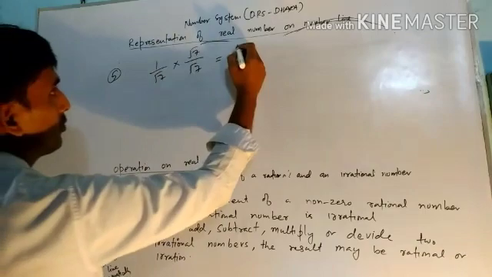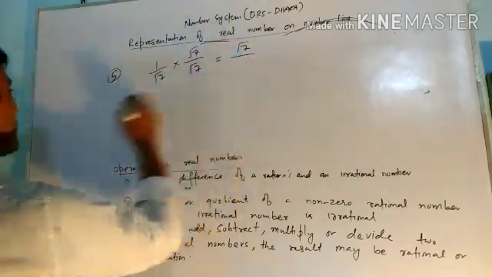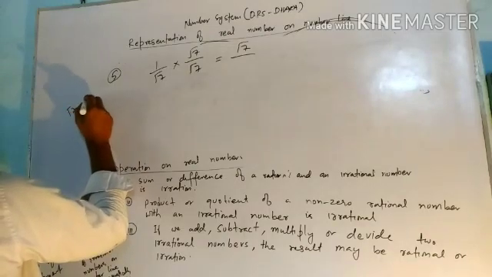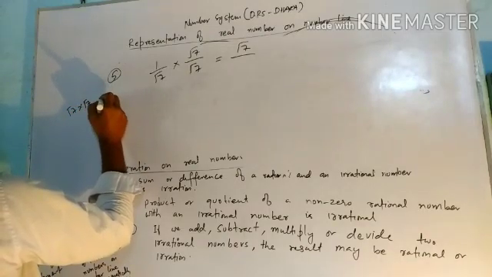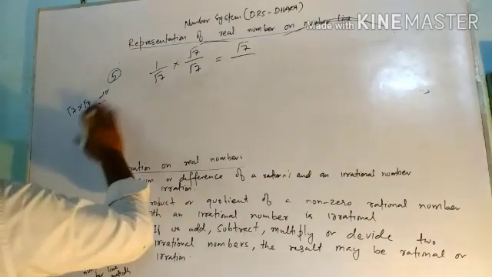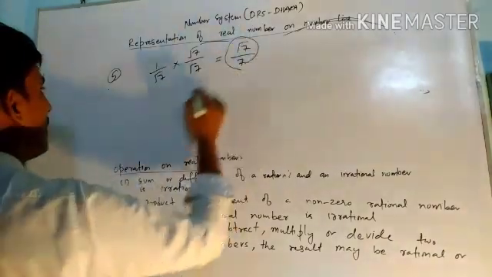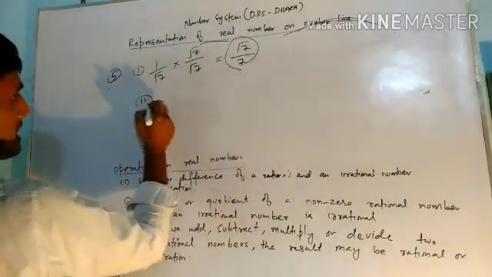So root 7 into 1 will be root 7, and root 7 into root 7 means root 7 square. Square will cancel the under root, therefore it will become 7. So this is the answer. This is the first part. Second part,